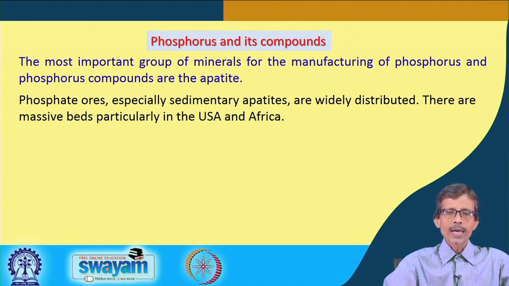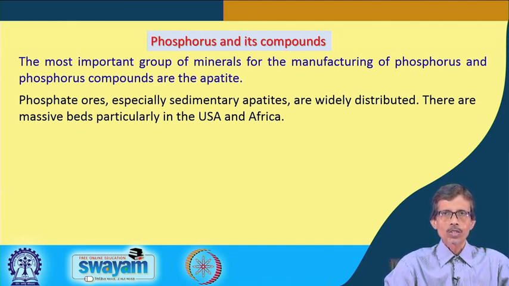So, the apatites are of a sedimentary nature. These sedimentary apatites are widely distributed throughout the earth crust, and some below the earth crust also, and there are massive beds, because the source is particularly concentrated in USA and Africa. So, there are massive beds particularly in USA and Africa, which can give us all these phosphate ores or phosphate rocks. So, interconnecting these things, that is how we get phosphorus from the phosphate rock, and how the mineralization